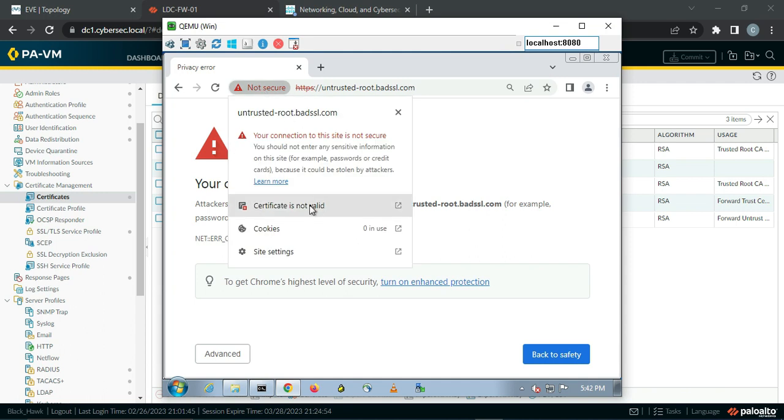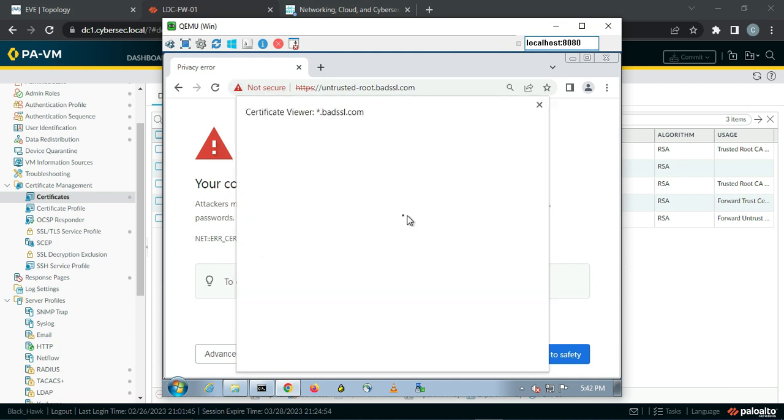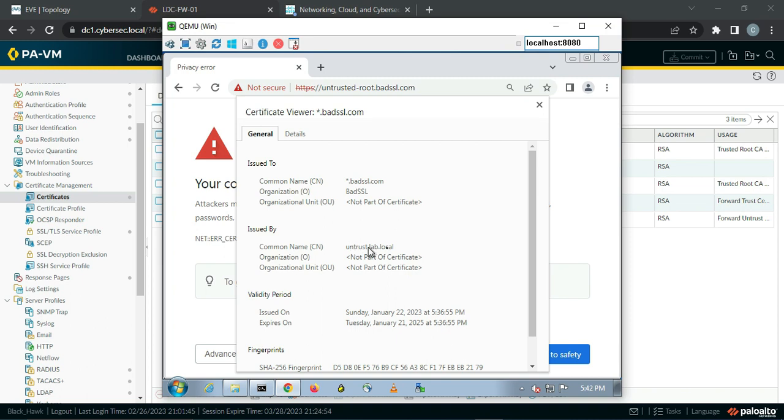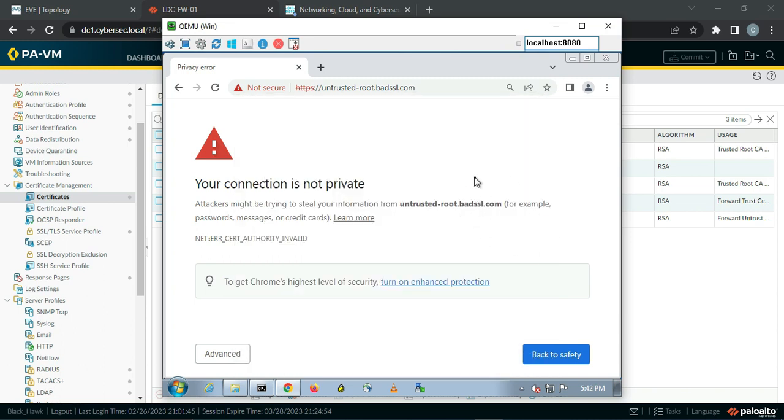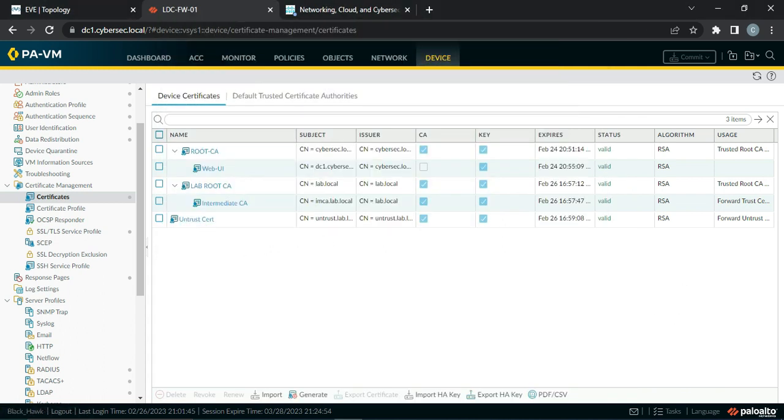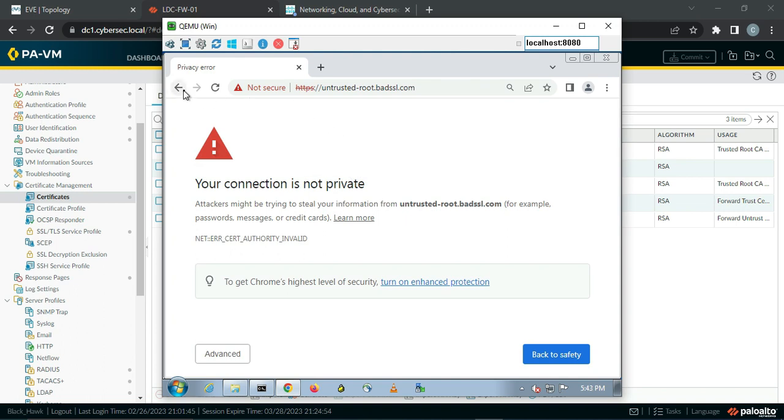So if you check the certificate, here you will see that we get this untrust.lab.local, and since it is not signed by any valid certificate authority, my user store doesn't have that information, so my browser is giving me the warning, right? You can clearly see here. And if I go back,